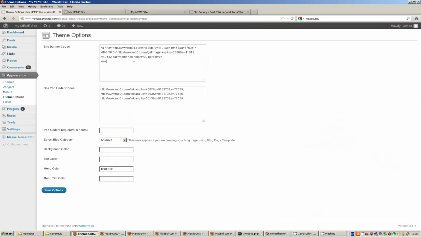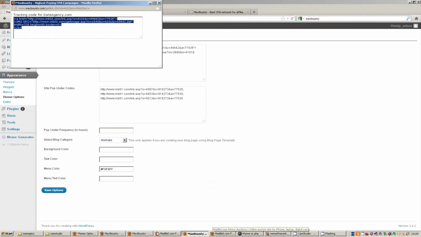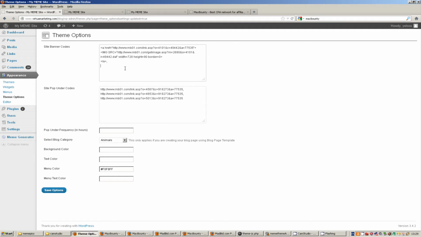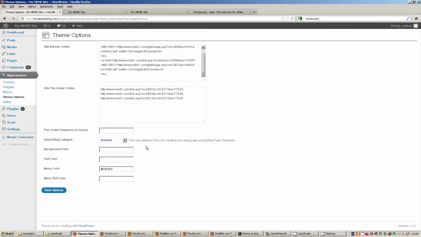But you can also set your banner codes to rotate, and to do this you just separate them with a comma. So I'll add another one here. I've got one up here, date agency, got one here, XXX Black Book Dating. So I'll add that one, comma separate it, then comma separate again, and I've got another one, Anastasia date here. I'll add that one as well,